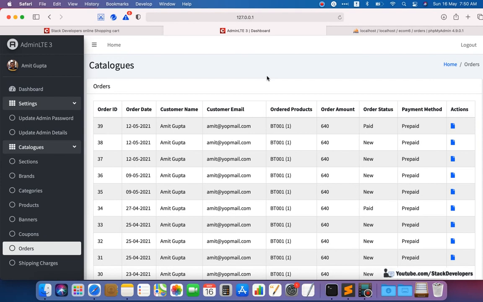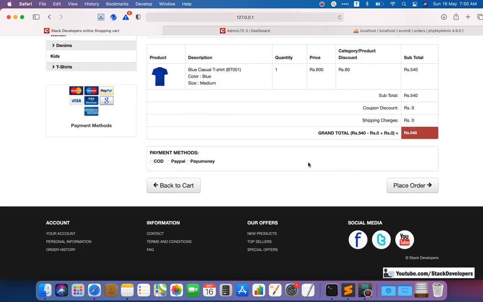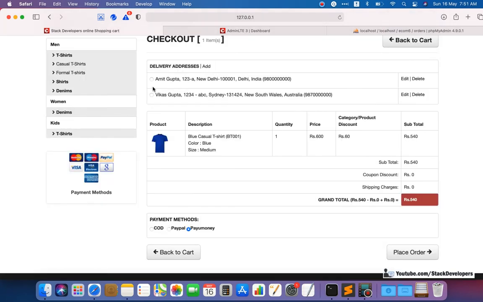Okay, so why are we going to integrate this API? First of all, we are going to check out. See, if you have made the payment with PayUmoney, we have done PayPal as well earlier, and after making the payment, suppose the website stops working or your internet stops working. Due to some reason you have made the payment and the amount is deducted from your bank, but it is not reflecting here. The thanks page does not come up on the website.